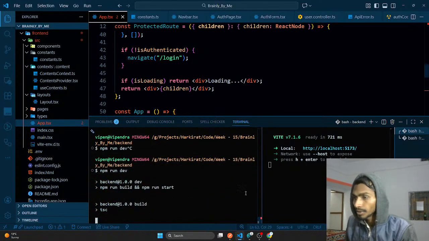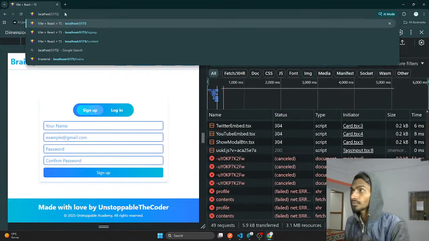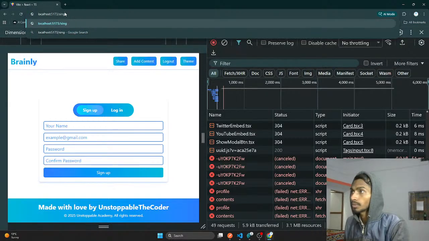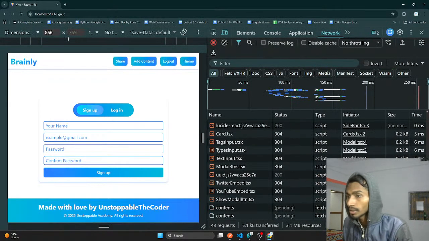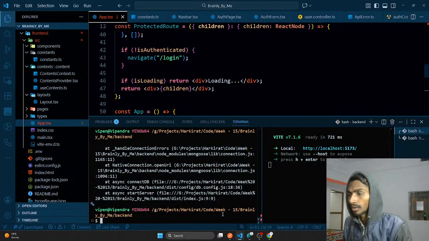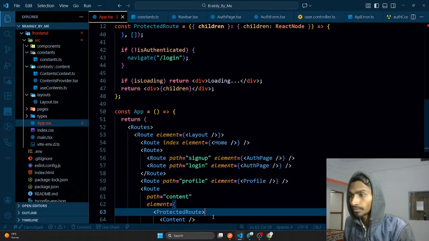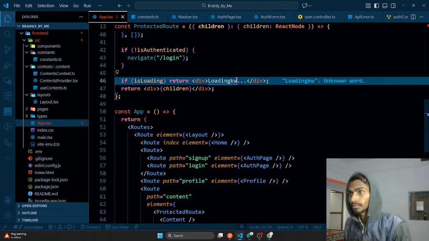Okay, let's try it one more time. Instead of going to this page, let's simply go to sign up only. I'm already there, but I just wanna type it again. So this particular thing is done, and this content request is going over and over. Why? And because of that, it's failing. Close everything, just everything,